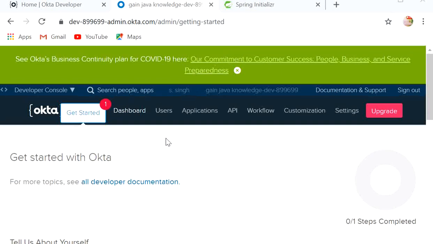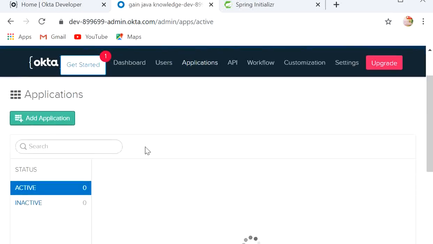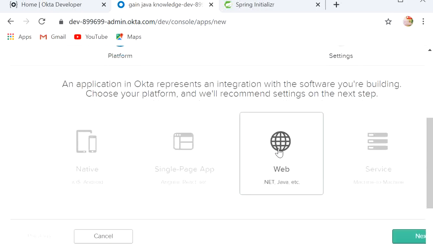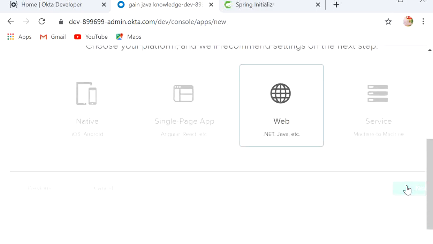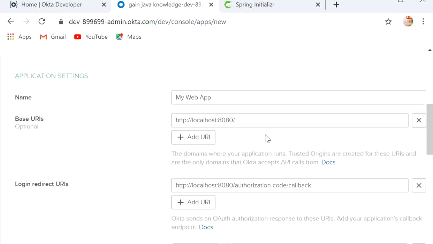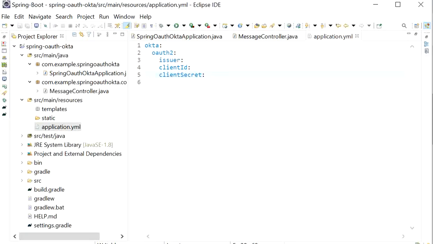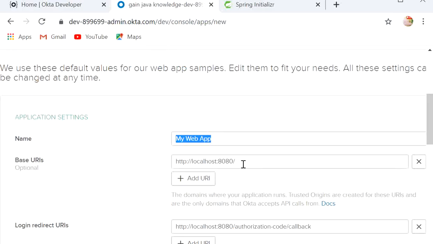Now we need to create one application. I will click on add application, select web and click next. Here we can give any name, so I will give Spring Auth Okta as my application name.